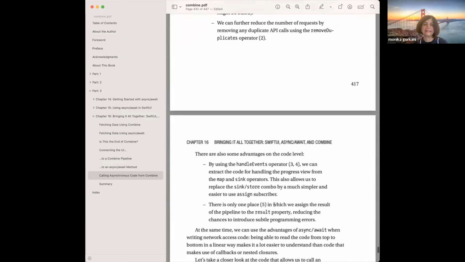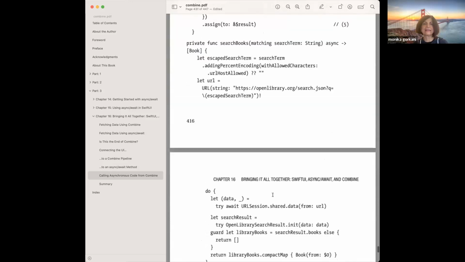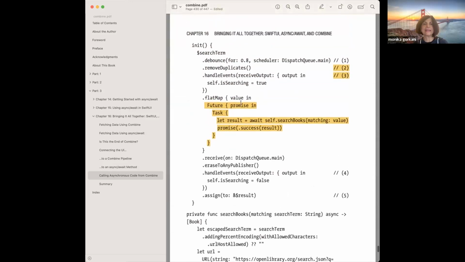And then he's saying the handle events can be used like, when you call handle event, you just know that there was a change that happened here. So there was some event,